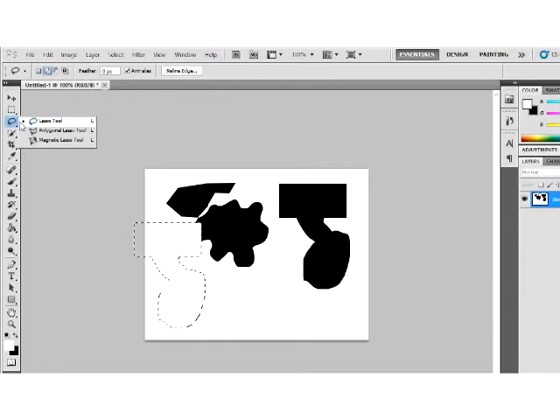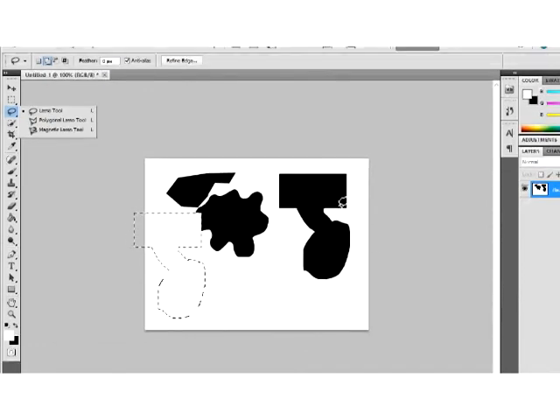The magnetic lasso tool is a great tool, especially when you are trying to trace an outline with strong contrast, where the background and foreground are completely different. You just move around the shape.